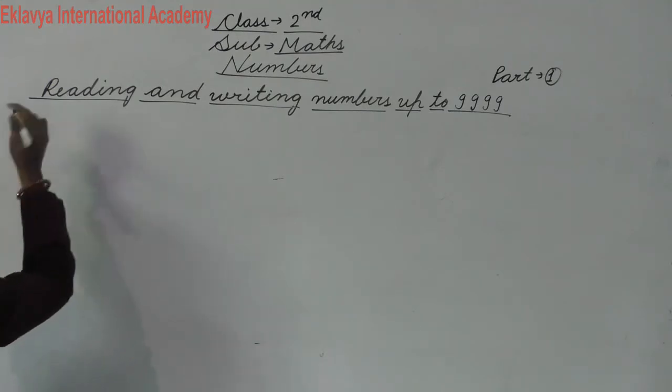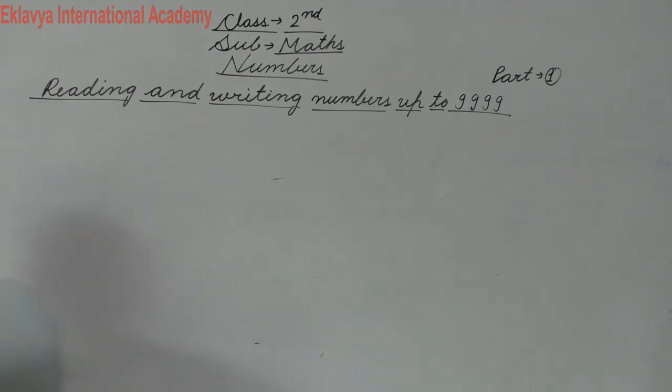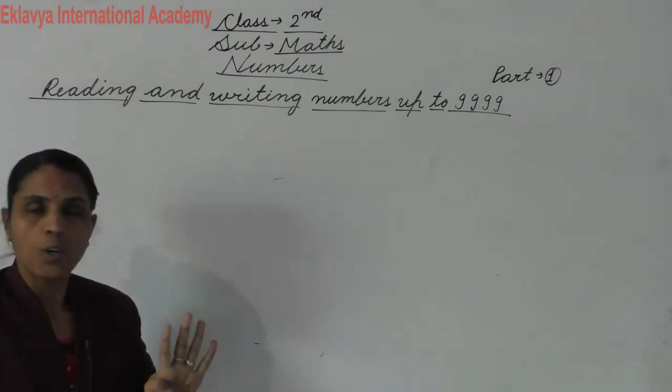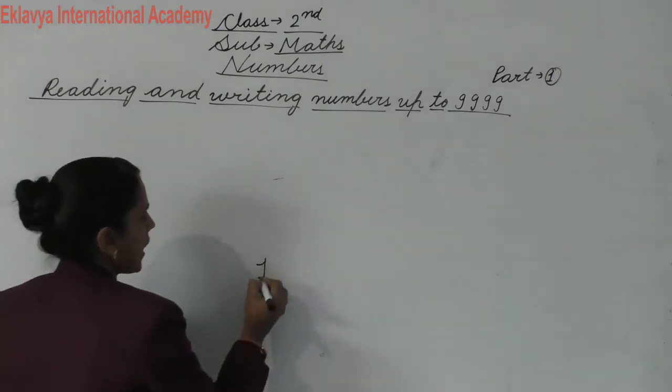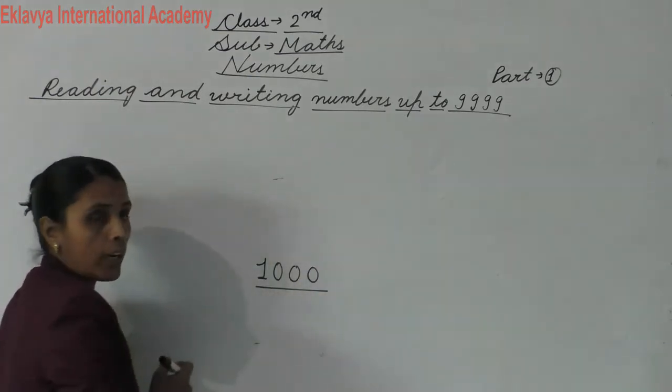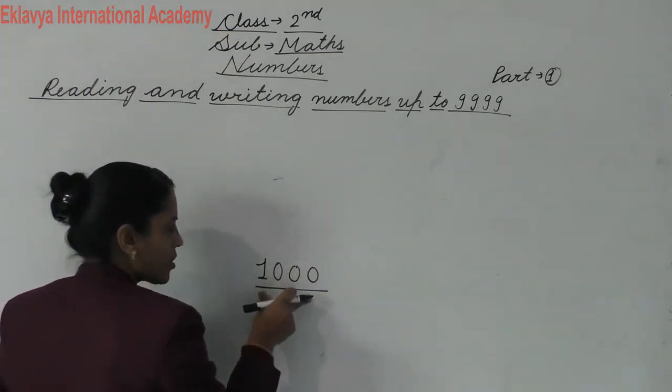Student, do you know how many digits 1000 has? 4. Do you know how many digits 1000 has? 4. 1000 has 4 digits. Okay, so now we are going to start counting